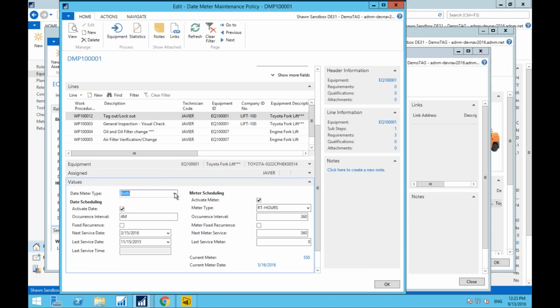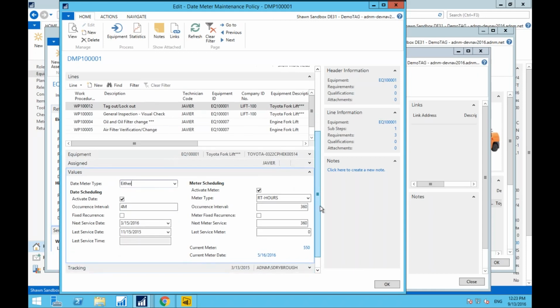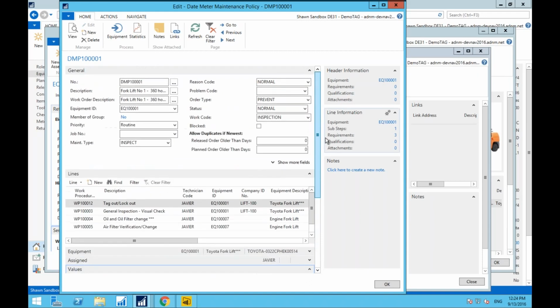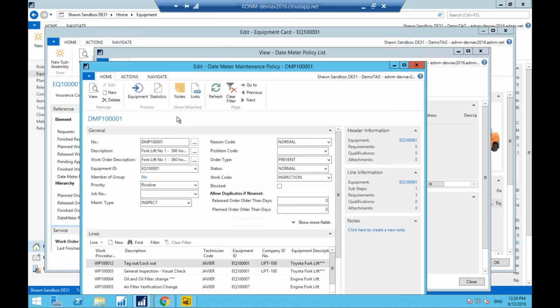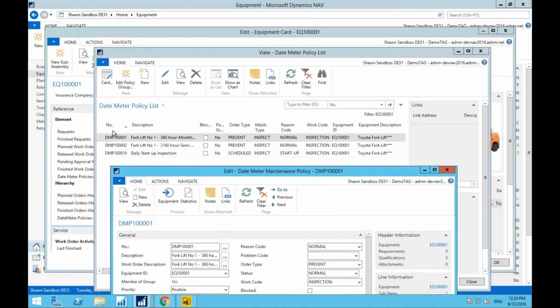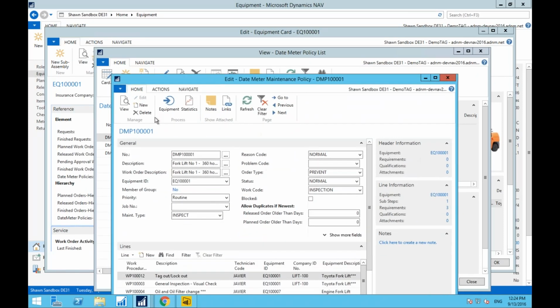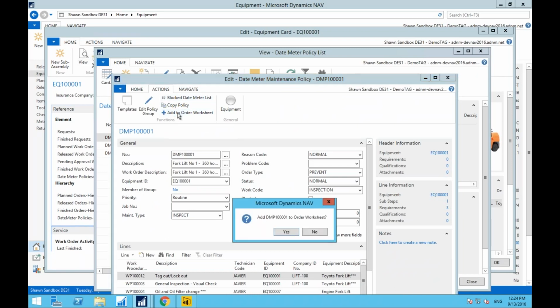Now, both means that both the date and the meter need to hit, or either means the date or the meter needs to hit. So we have some capability to schedule how we're going to have this preventative maintenance set up. You can have as many preventative maintenance as you wish set up for a particular piece of equipment. I can have an infinite number. Of course, there's probably a limit to what's functional, but at the end of the day, you can have what you want. I'm going to add this to the order worksheet, the preventative maintenance order worksheet,